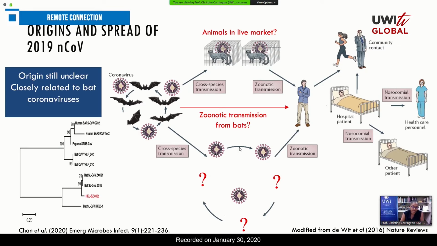What we also do not know is whether it went directly from bats to humans, or if it went from bats into a specific type of animal or several animals in the live market, and then to humans, or if there's some other animal reservoir out there that we don't know about. Now, there was one report that spread quite widely suggesting that snakes were an intermediary, that this virus had gone from bats to snakes to humans. But in fact, there's no convincing evidence that snakes are an intermediary.